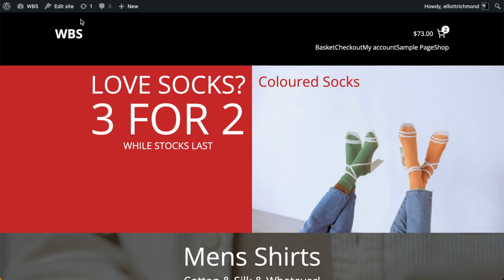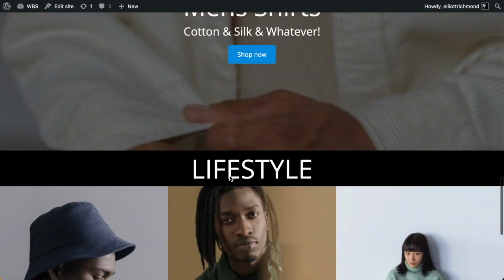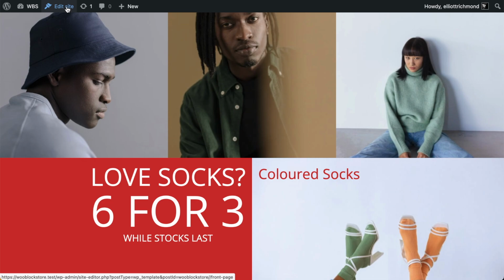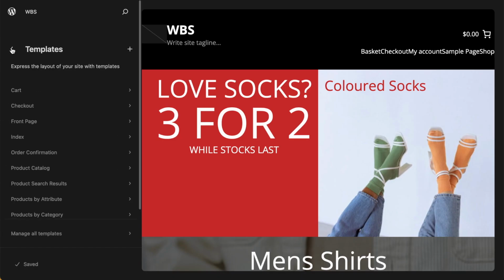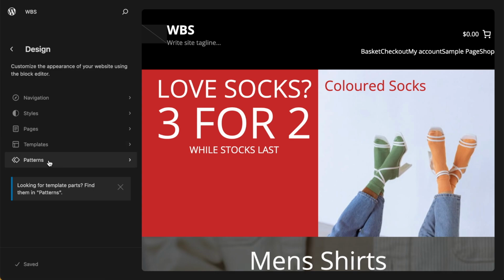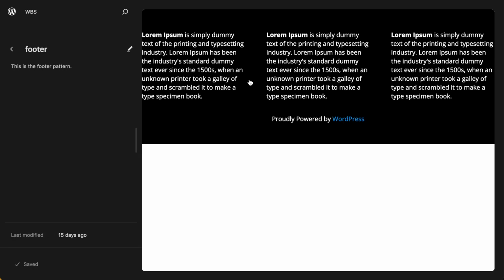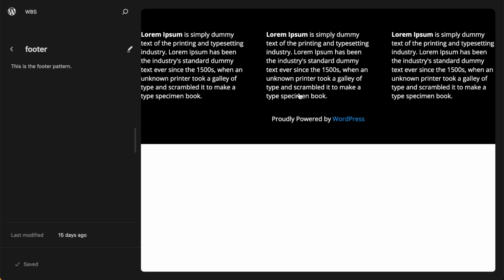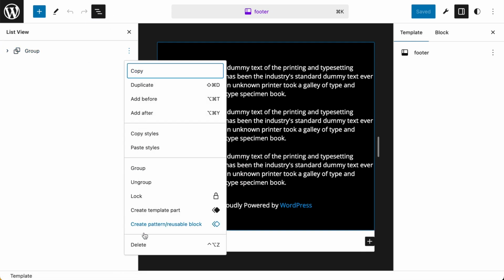Now I'm going to address that by replicating the same problem while we build the footer, while we're adding patterns. So we need to go to our full site editing, and I want to navigate to my patterns and footer, select my footer, and the first thing I'm going to do is get rid of everything and start again. If I go to my list view and just remove that whole lot,